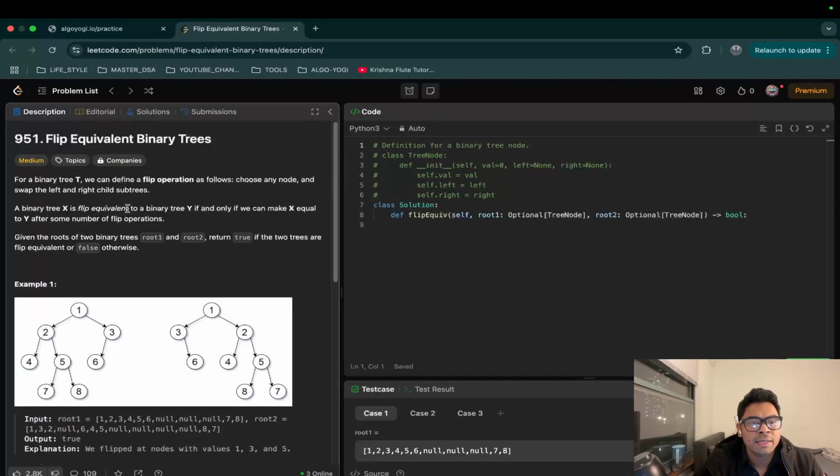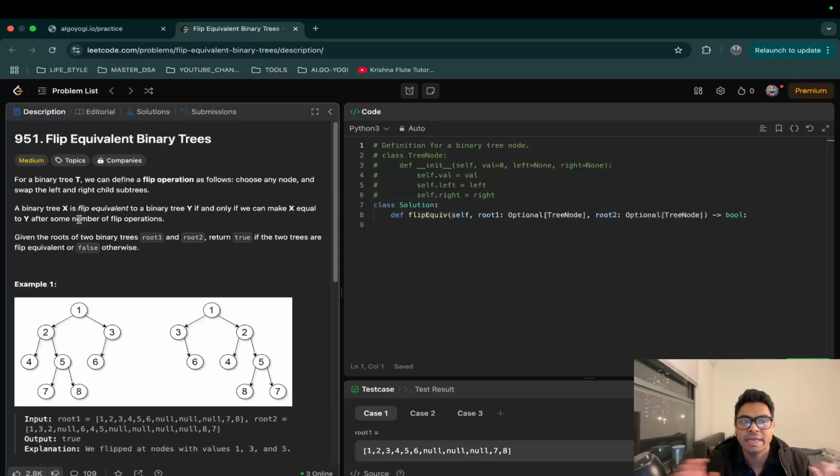So for a binary tree T, we can define a flip operation as follows. Choose any node and swap the left and right child subtrees. That's it, entire subtrees. Not just the values or not just the nodes, entire subtrees. Flip them. Now, a binary tree X is flip equivalent to binary tree Y if and only if we can